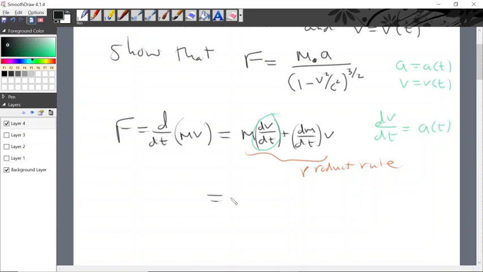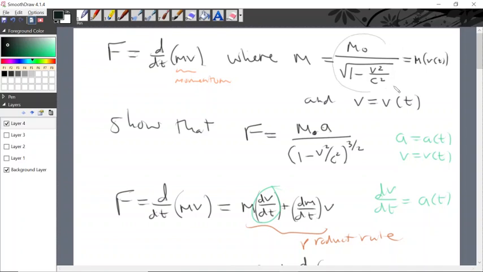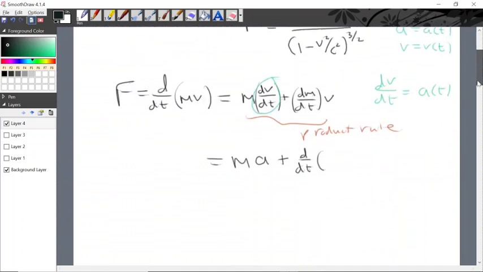So we have m, the original mass formula, times a, the acceleration formula. Now we need to take the derivative of the mass function with respect to time. So d/dt of our formula from relativity,